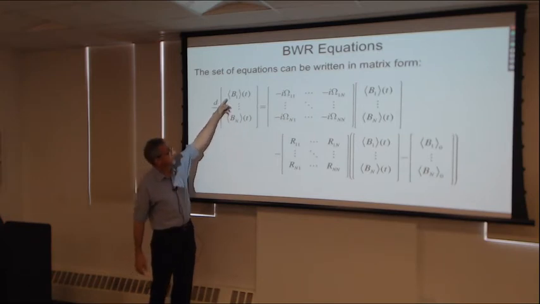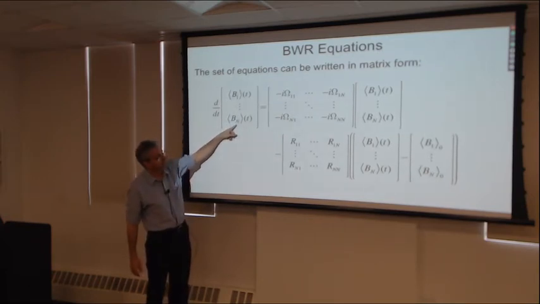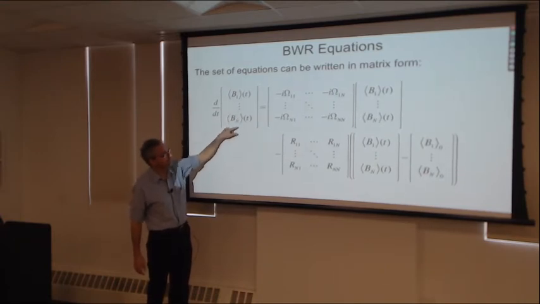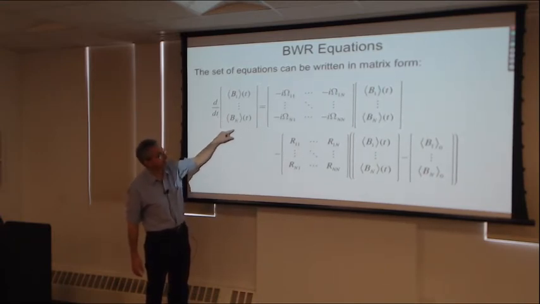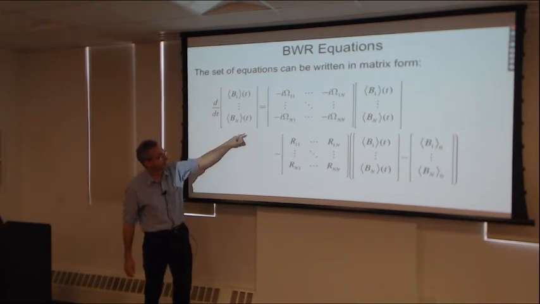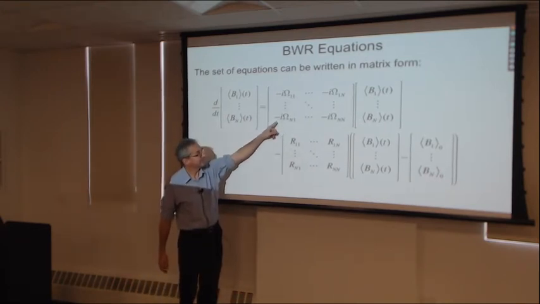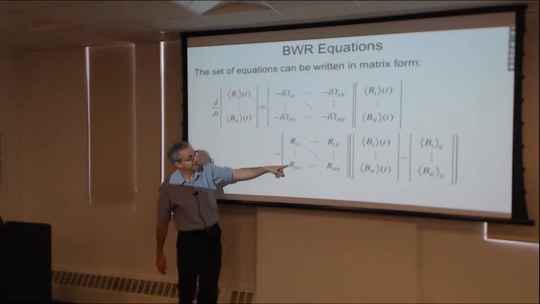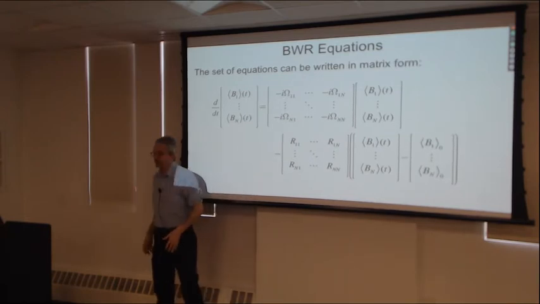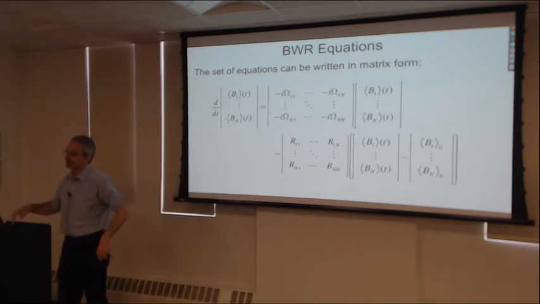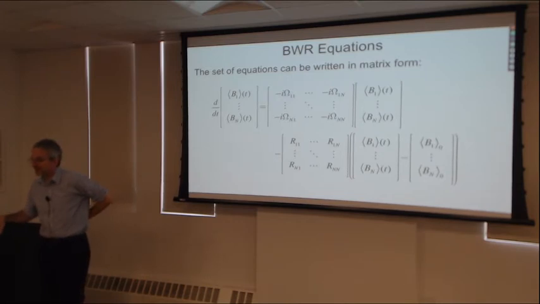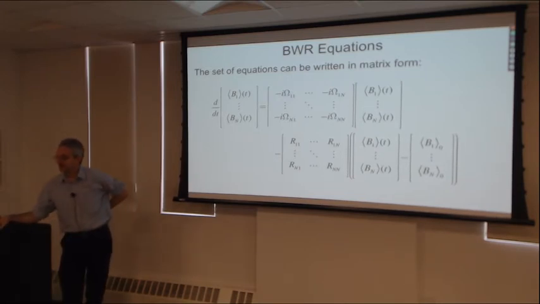So we have, like I said, a set of differential equations that are algebraic. These are just the amplitudes of the different operators at some point in the pulse sequence. Here are all the frequencies, here are all the rate constants. And in principle, this is just a big matrix differential equation that Mathematica could easily solve for us,